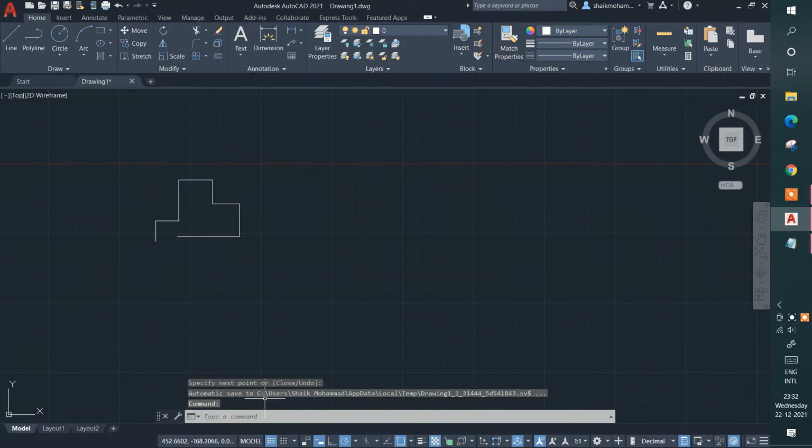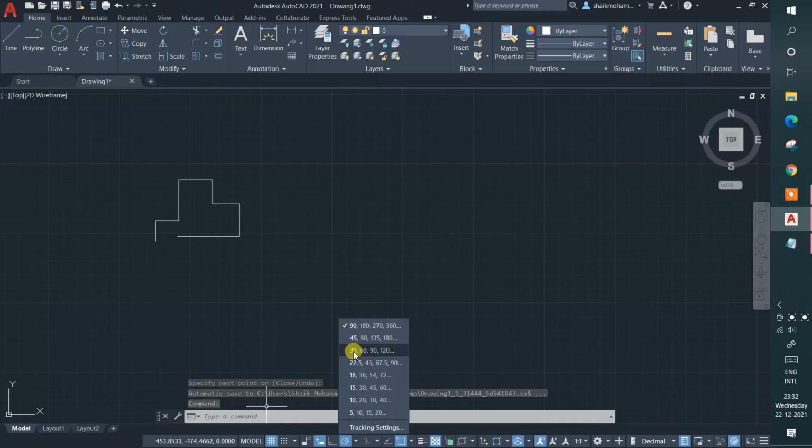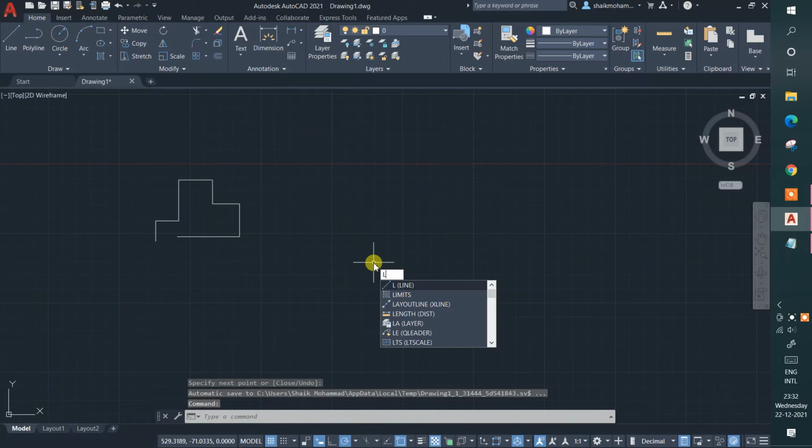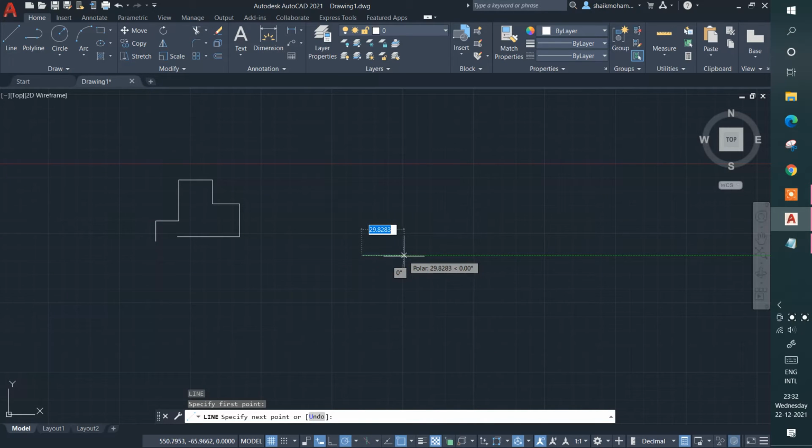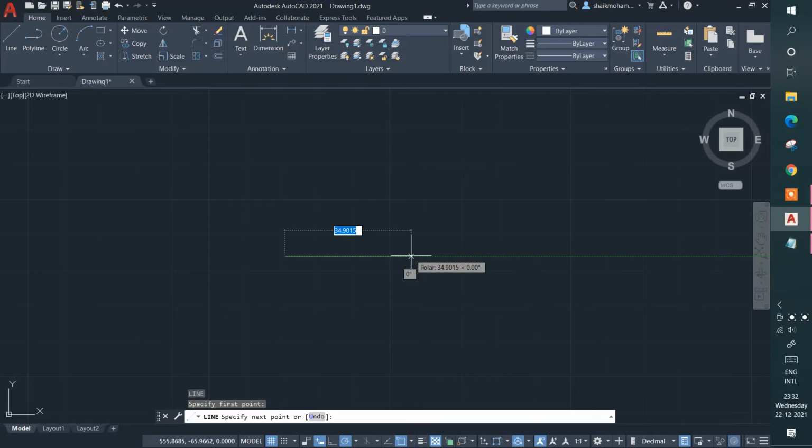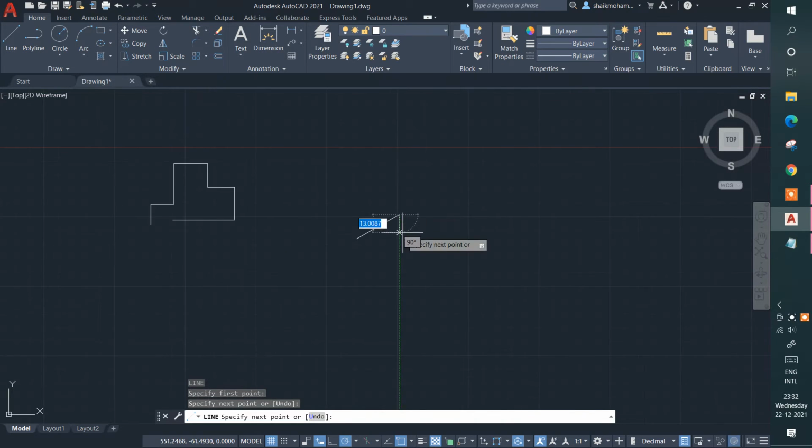Let me take another one. Okay, let me take now 30 degrees, guys, like that, and click on L, enter, and you can see what is showing is 0 degrees and polar tracking. And let me lift this one. What the degrees is showing is 12 degrees, 15 degrees, like this is showing, guys. Just see here, and you can see 30 degrees, okay.